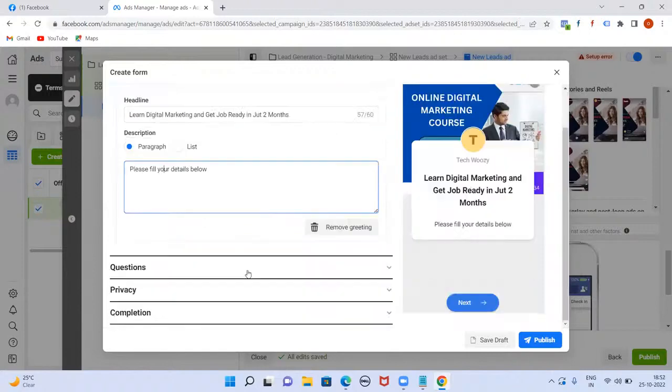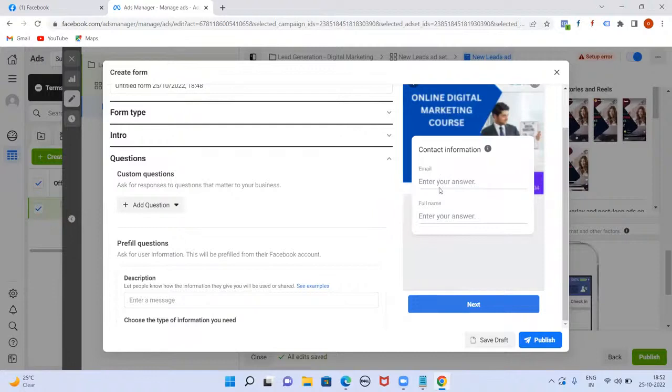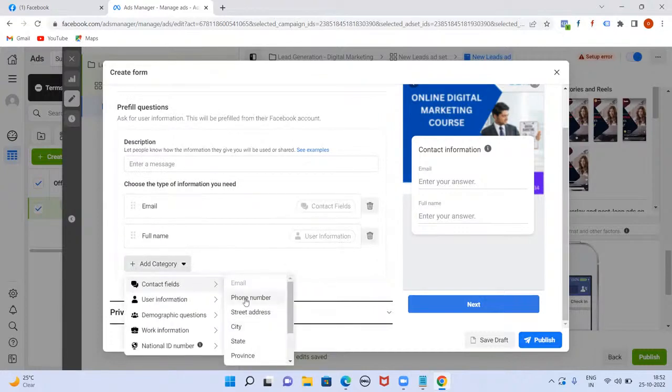Right? Then what kind of questions are you asking? See, email and full name. By default, Facebook gives an option for the customer to give his name and email. Remember, you can add n number of questions here. So here, email and full name. You can click on plus, contact fields, phone number,